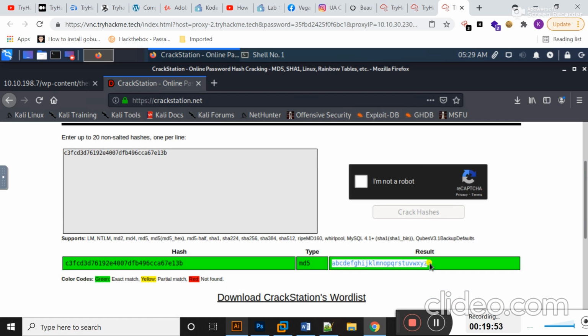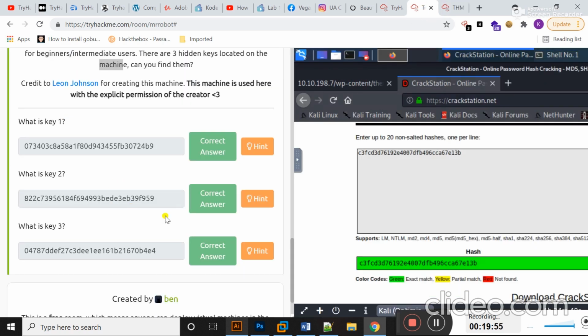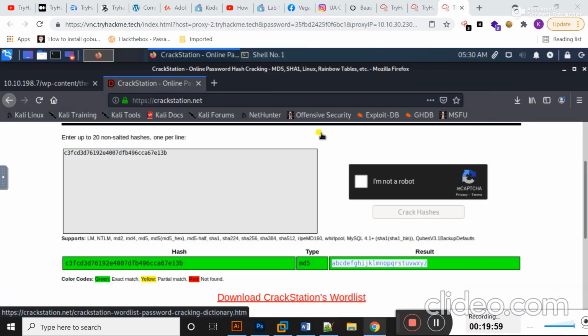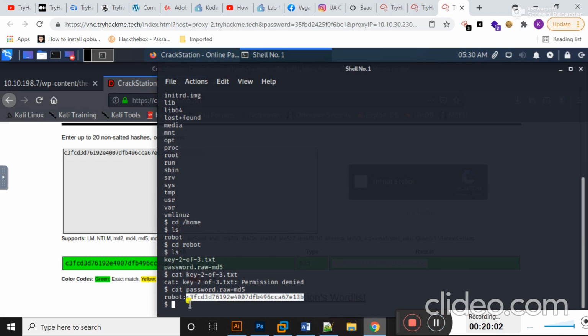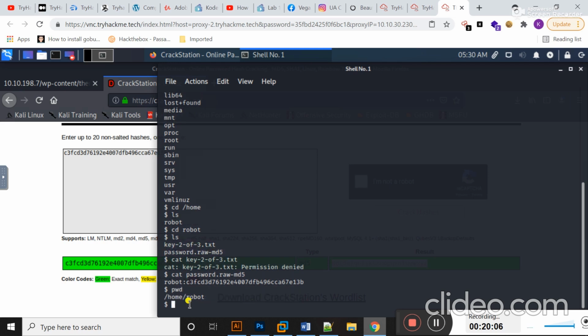I can copy this and paste it into my answer section. Now students, it's time to find the third key.